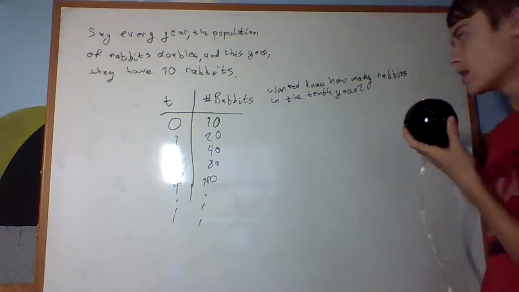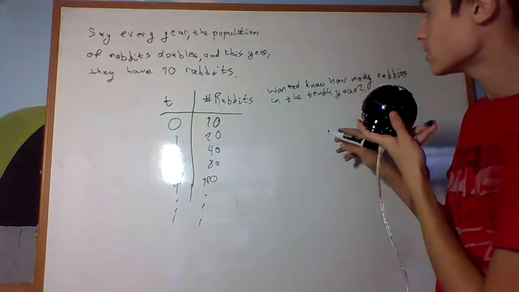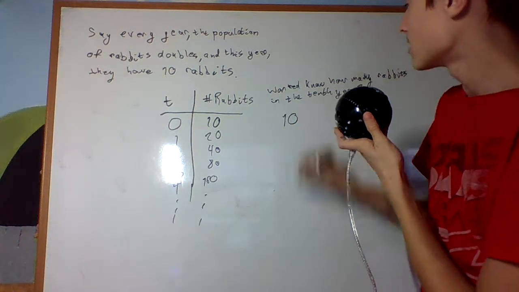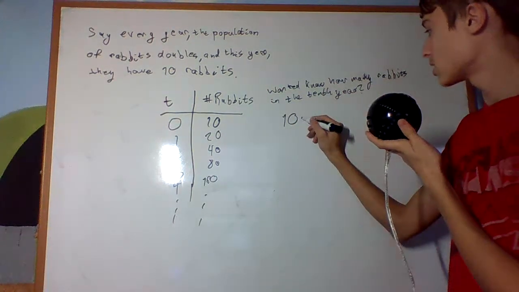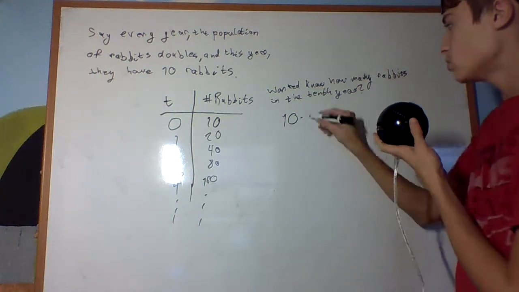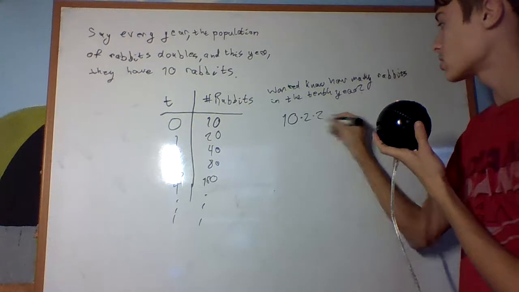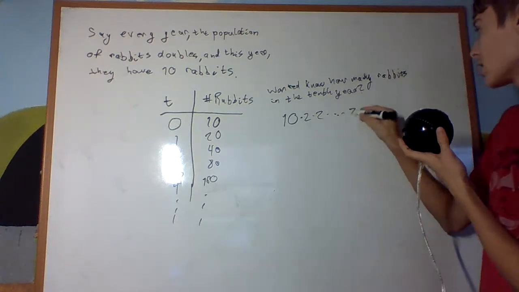Okay, so what you can do to figure this out is notice that this is going to be 10 times 2, right? So we do 10 times 2 for the first year, times 2 for the second year, times 2,